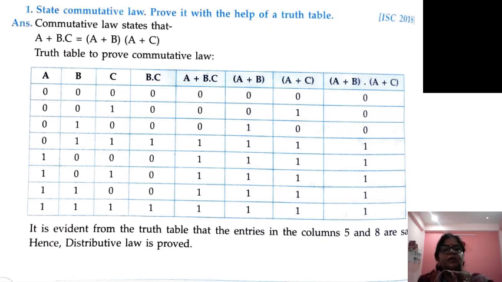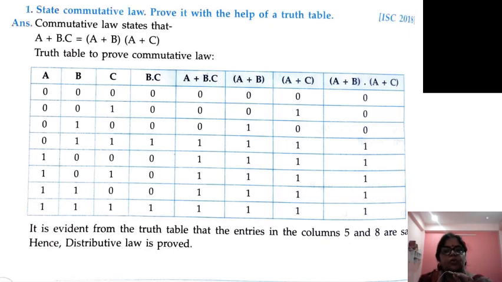Now we find a plus b dot c. Here we use the OR operator. Where b dot c is 1, or a single 1 is there, if a single input is true then we put 1. Here is 1, here is 0, but we will put 1. Here also 1, we will put 1. Here we compare 1 and 0, the result will be 1. Remember 0 is false and 1 is true.